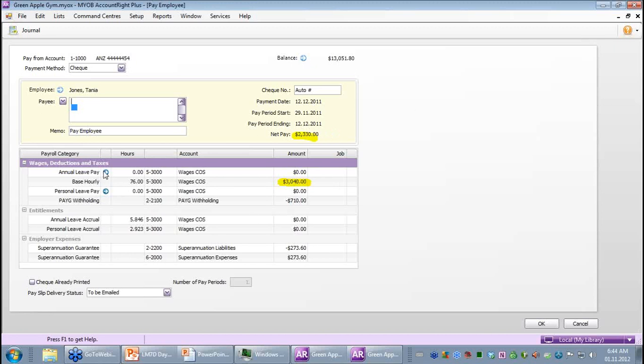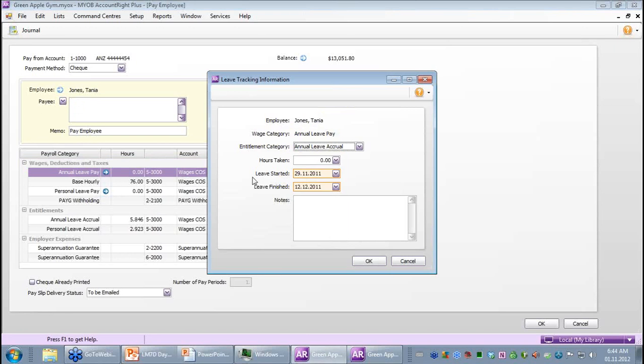We're going to click on annual leave pay, and we're going to put in there 7.6 hours, and we're going to recognize that that happened on the 29th of the 11th, 2011, and